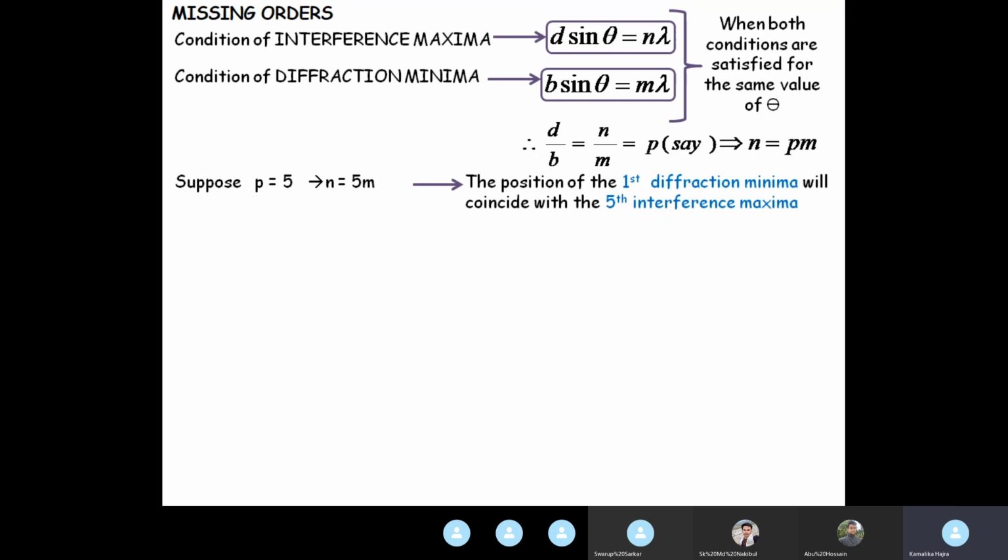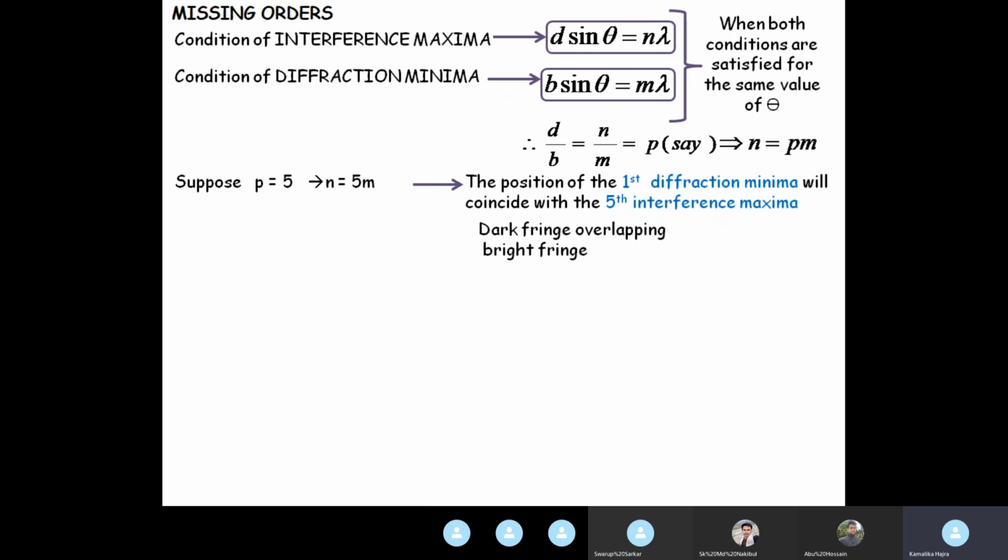So it means that the position of the first diffraction minima will coincide with the fifth interference maxima. M equal to 1 means first diffraction minima, and n equal to 5 means fifth interference maxima. So positions of the first diffraction minima and the fifth interference maxima are the same on the screen,